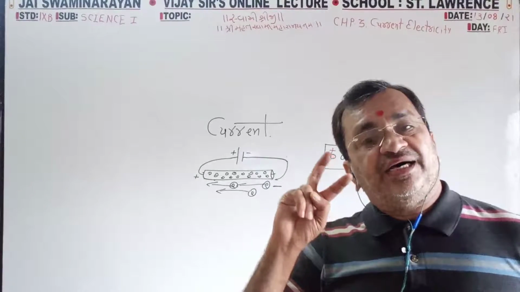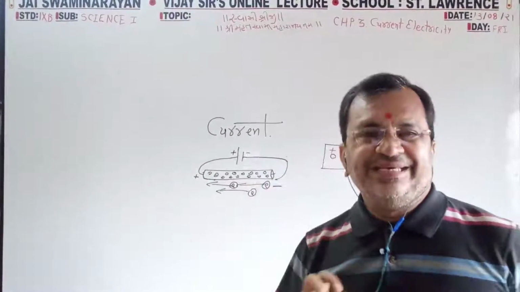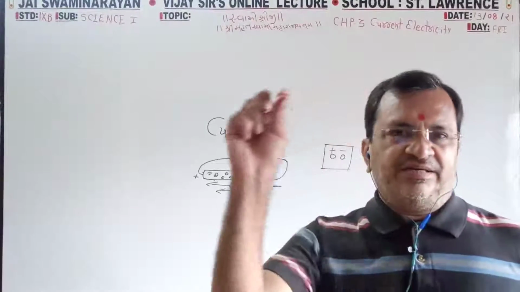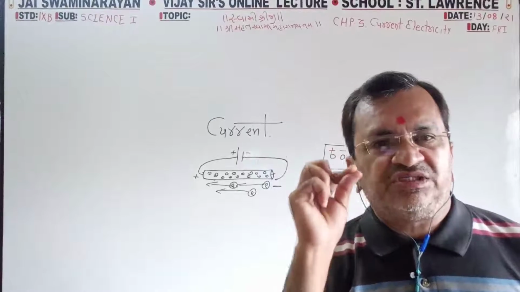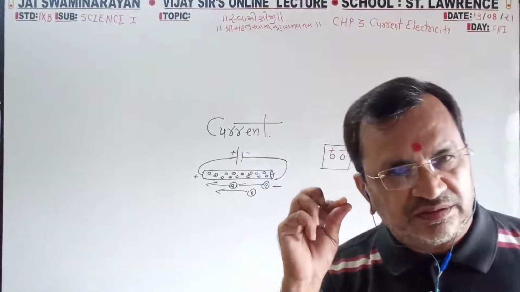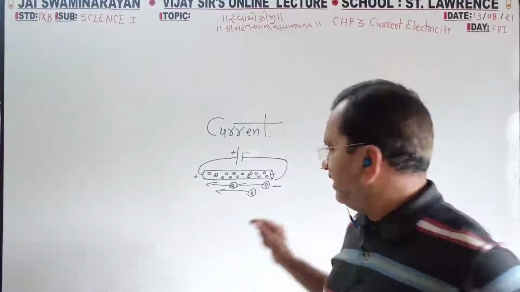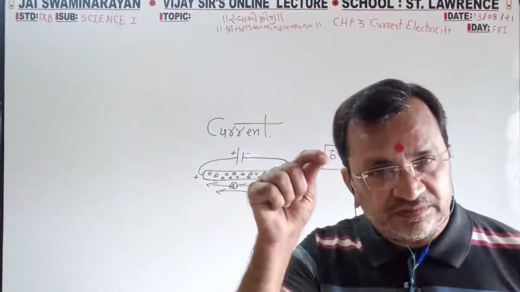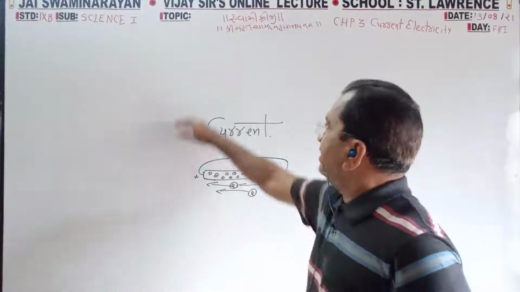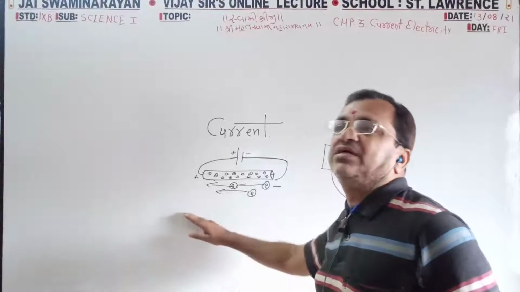They will ask two questions on the flow in a conducting wire, in a metallic wire, in a circuit wire. What is the direction of the flow of electrons? You have to write negative to positive. Electrons flow from negative to positive. That is why positive is the higher level and negative is the lower level, because the electrons go from here to here.